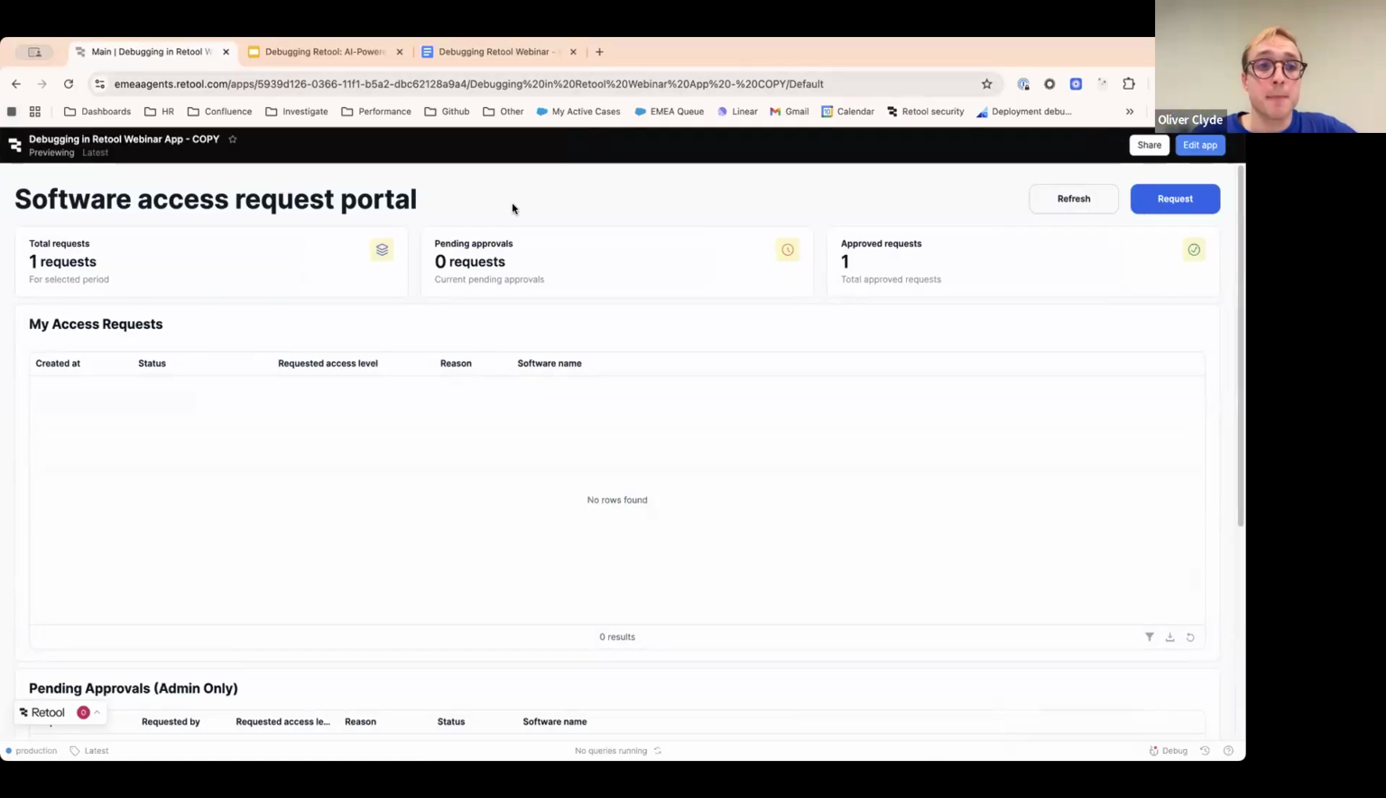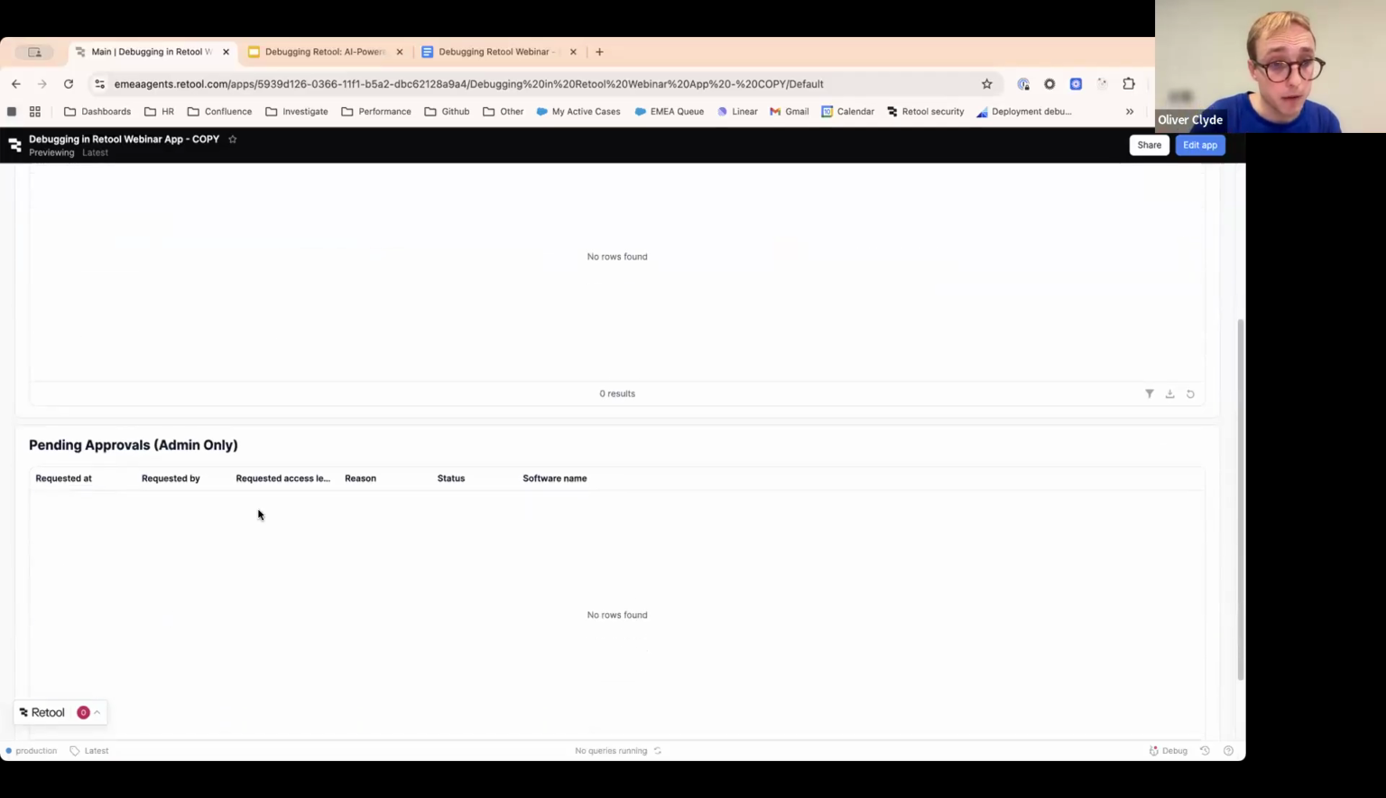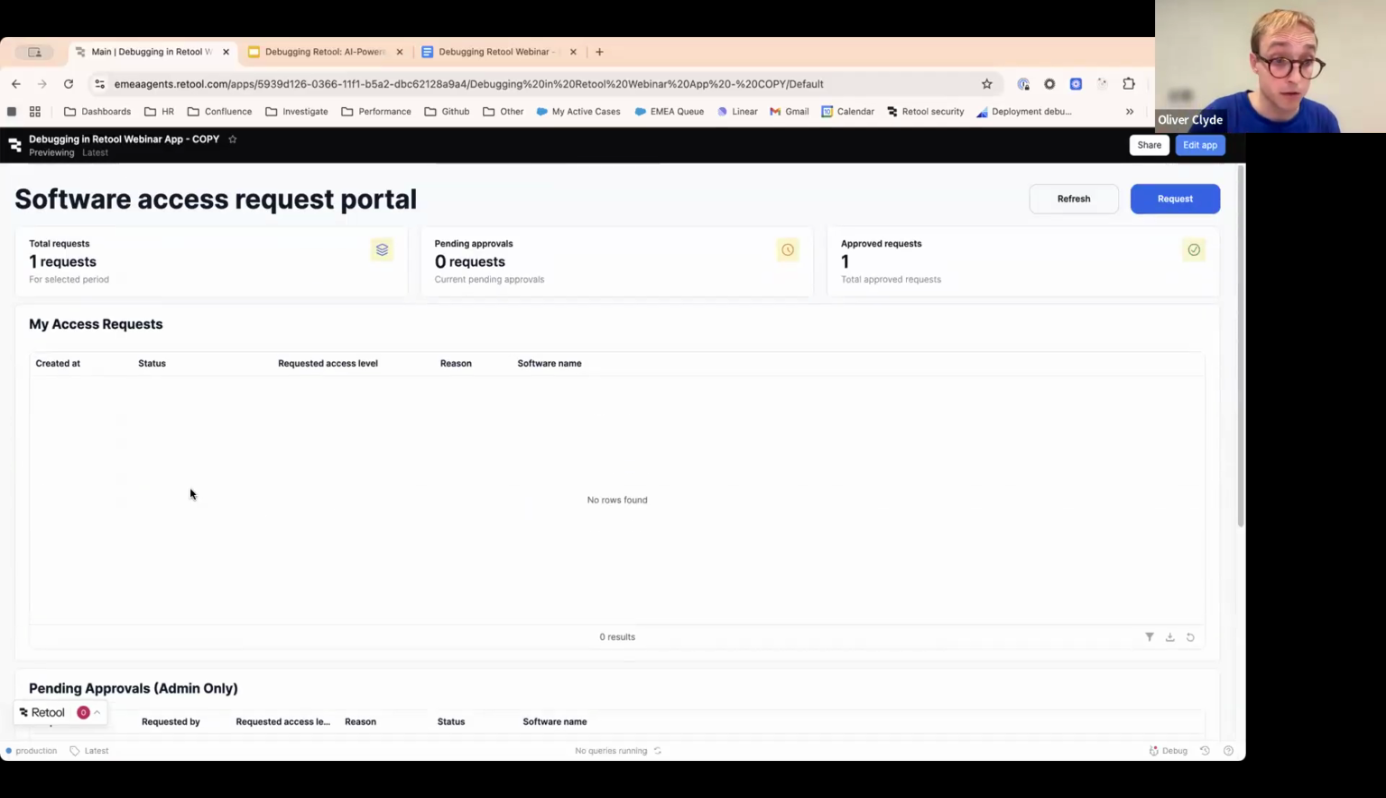So the preview of the app. Let's just take a moment to have a little view of what we think is going on here. So I can see we have, unsurprisingly, this software access request portal. At the top, there seem to be some KPIs around total requests, pending approvals, and approved requests. Then there seems to be a main table, which I assume is just my software access requests, that now seems to be empty. And at the bottom, there seems to be a table for admins to approve